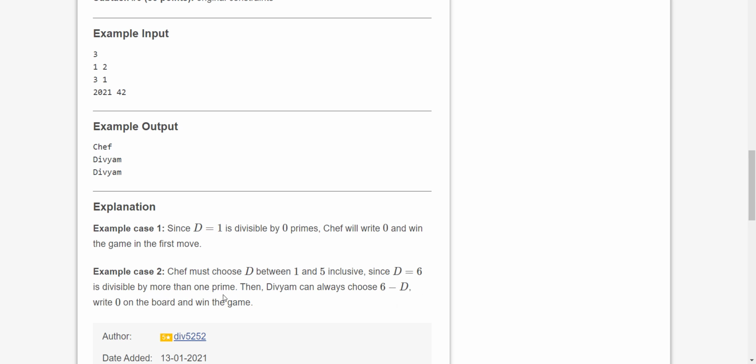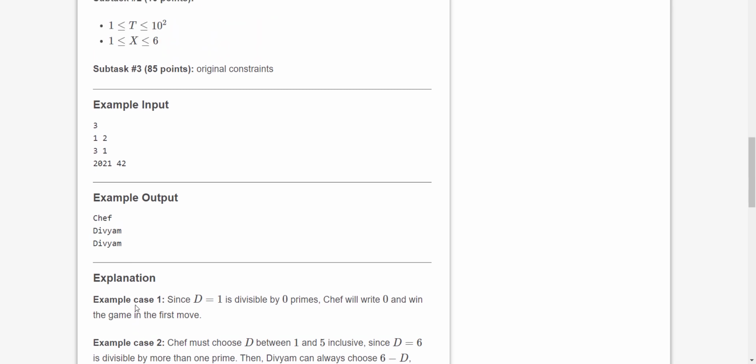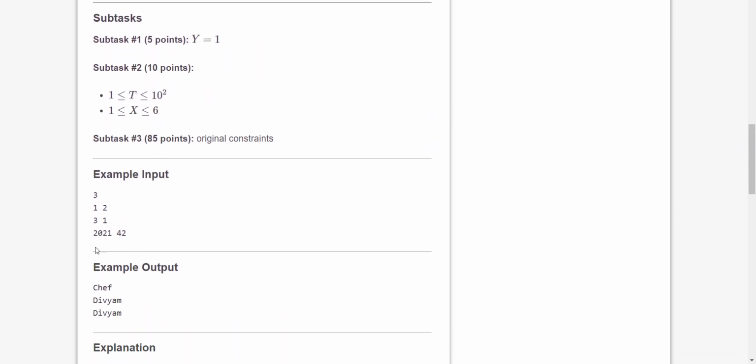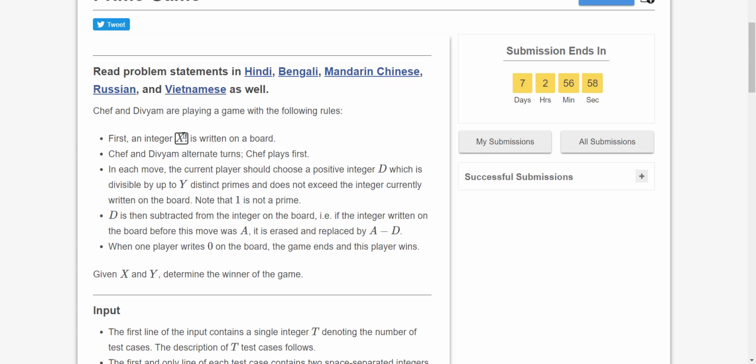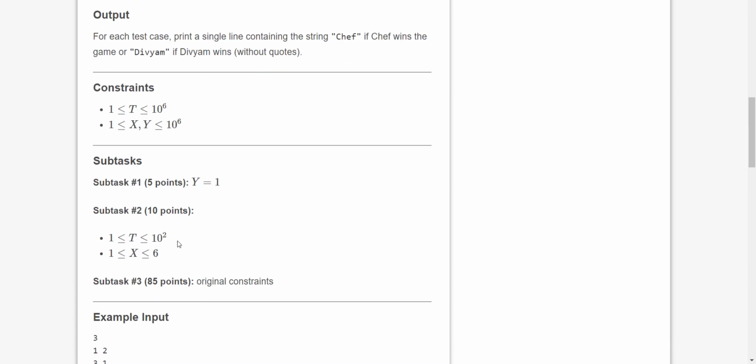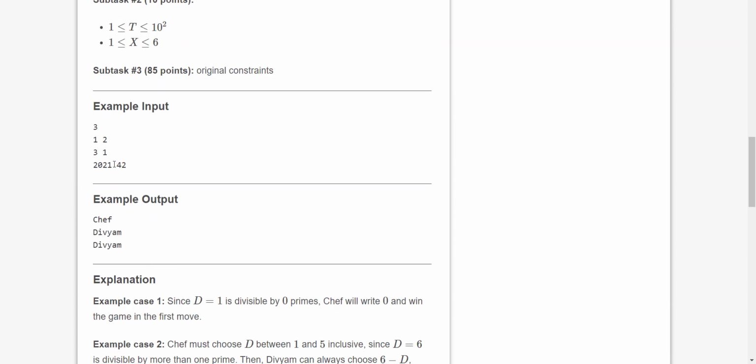Simply. So the hint I would like to give for the third test case is the fault in the question, we can't say a fault, but a little error, that it's given x factorial. So if you would be taking the factorial of 2021, the factorial number would be too long, so you will absolutely get the TLE error. So try to shift your mind from the factorial part. Try using 2021 simply, as we did in 3 and 1. So you will get your answer absolutely correct.